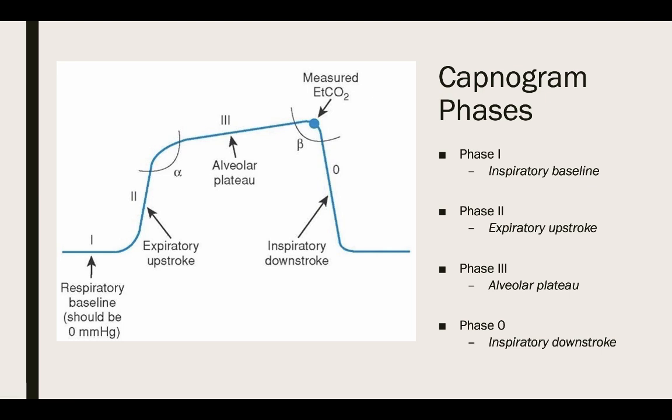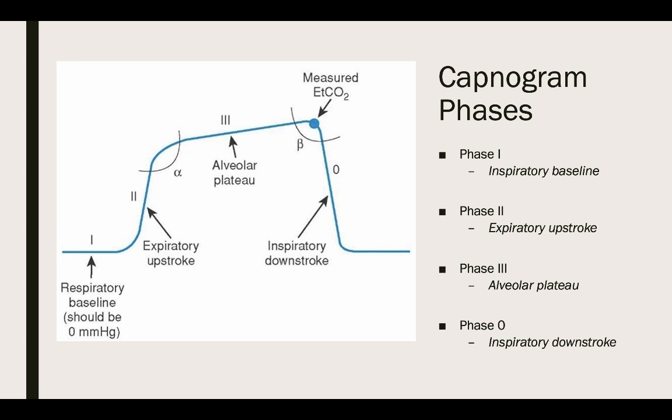That becomes really important because this point right here is my end tidal CO2. So think about that, my end tidal. My tidal volume is just my in and out. So at the very end of my out is where we are measuring